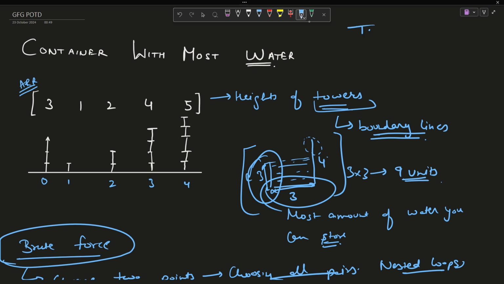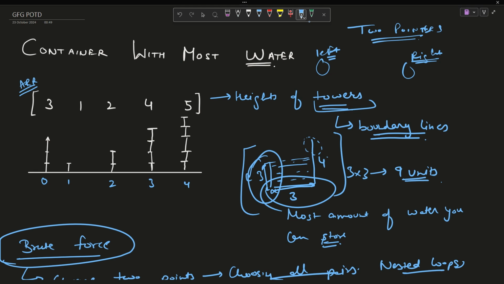So I'm going to use two pointers here. How? So I already figured out that I need to choose 2 points, right? One from left, one from right. So first intuition came from here that if I only want 2 points, can I use two pointers? Turns out I can. Let me explain why.